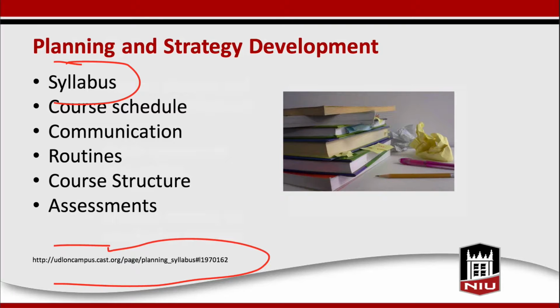One of the important things about a syllabus is that to help with the executive functioning and the planning and strategy development, it's very important that you can show that there are alignments between the course objectives and the assignments. The students understand that there are course objectives and there are assignments connected with that. If they can see a clear relationship, then that helps their executive functioning. They can plan for that. They can say, okay, I understand how this assignment helps me to learn this course objective, and they can be